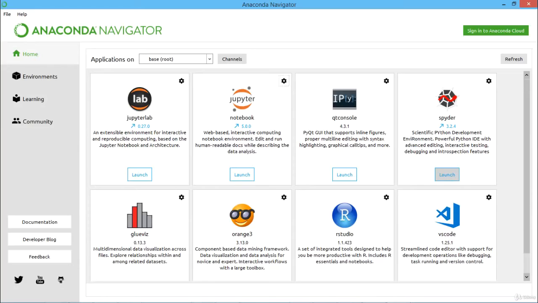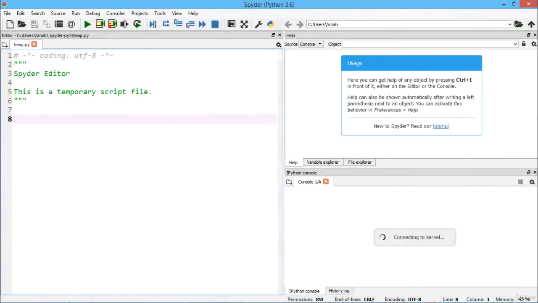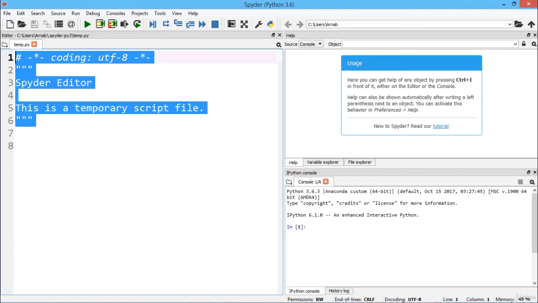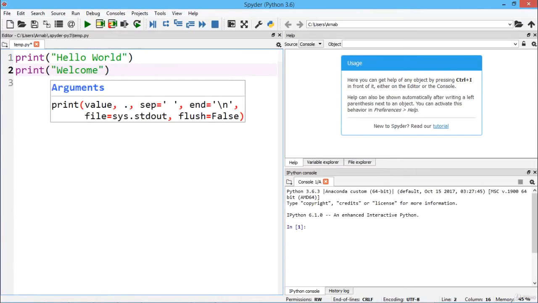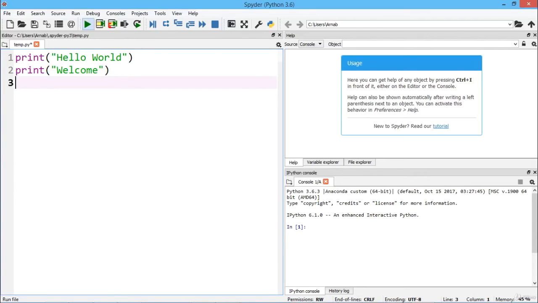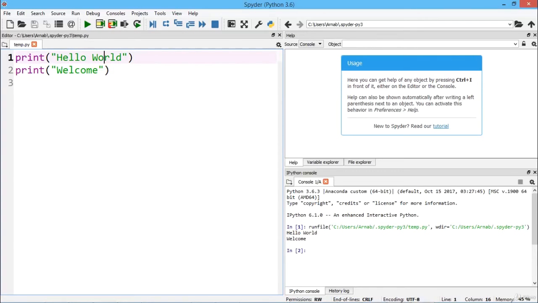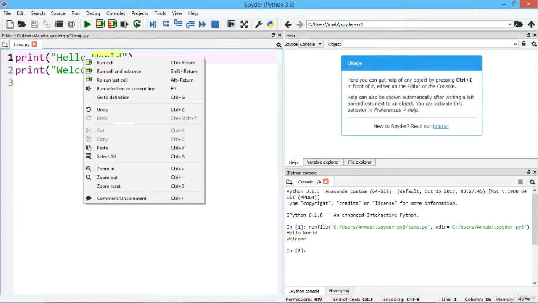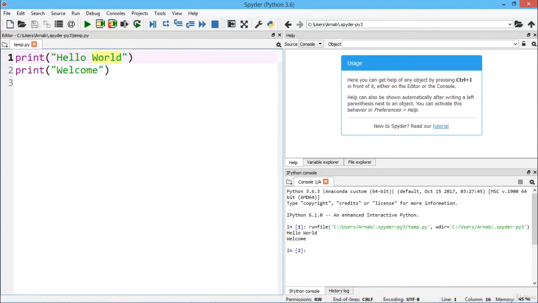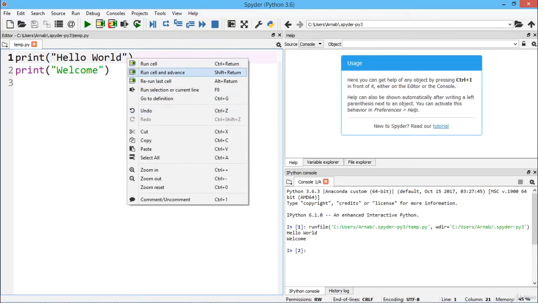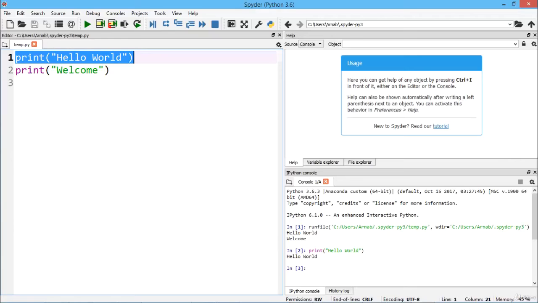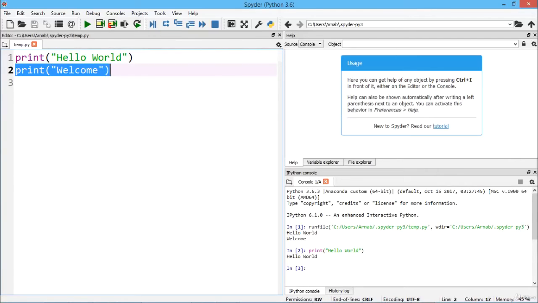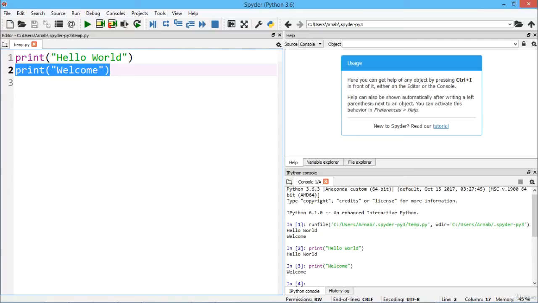Now let me go for the Spyder. So I'm using this part. So here you can see that the sessions are coming. So this is a way in which we are typing, and we can go for the execution. You can find that hello world and welcome is getting executed. So there is another way to execute the same. Now you can find that we can go for the run cell. So only this particular line I'm selecting, and then I'm going for the run cell. You see only the hello world has got executed. So only this welcome has got executed. In this way also you can go for partial execution.